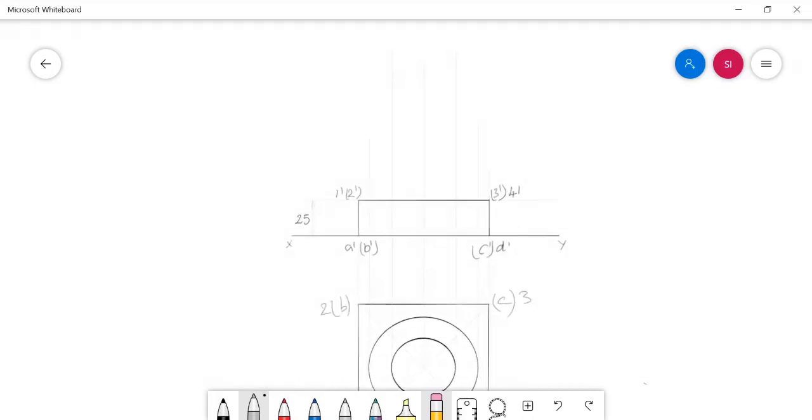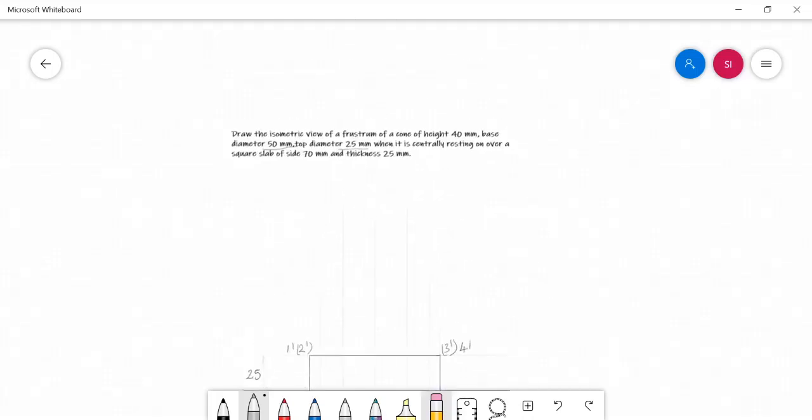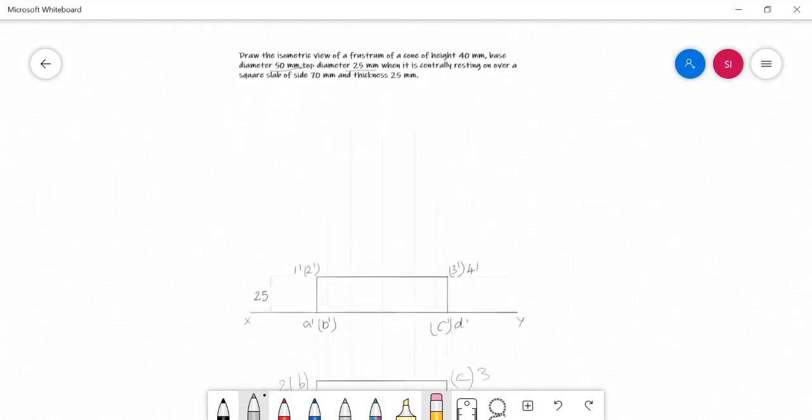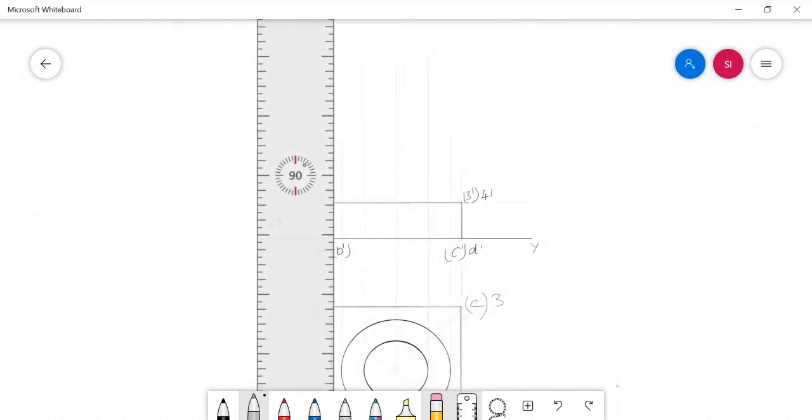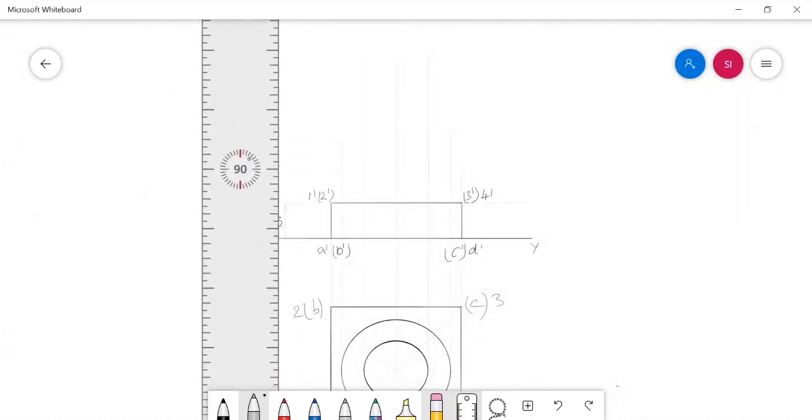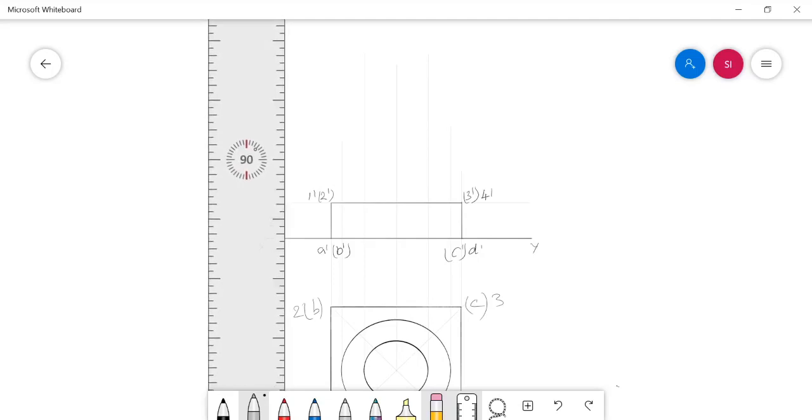The axis height of the frustum is given as 40 mm. That 40 mm height should be measured from the top surface of our square slab.